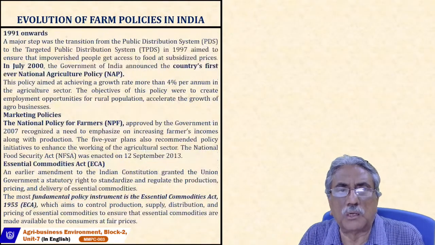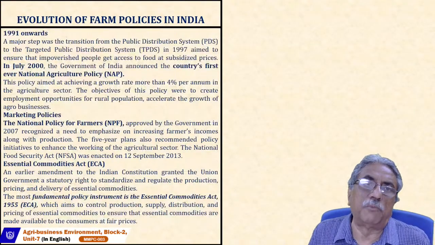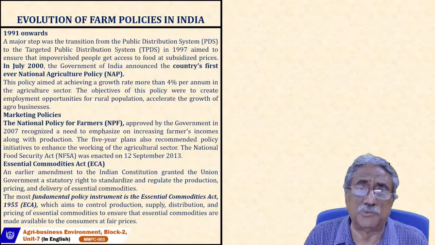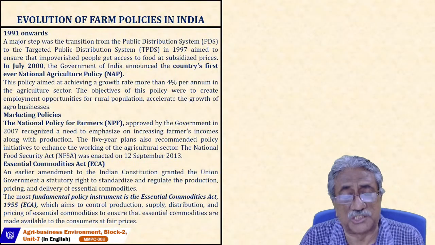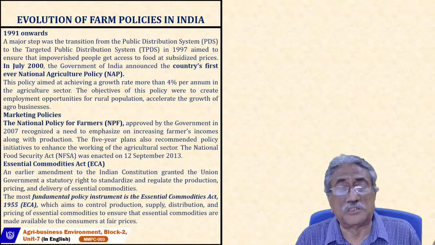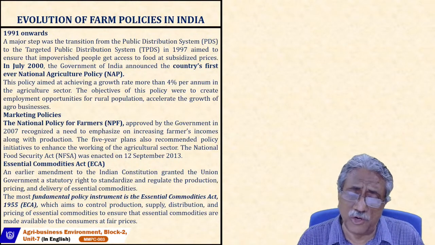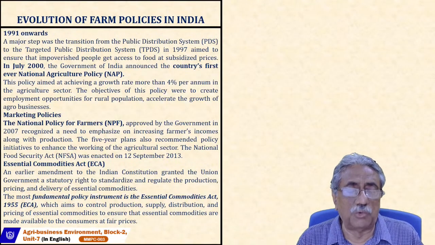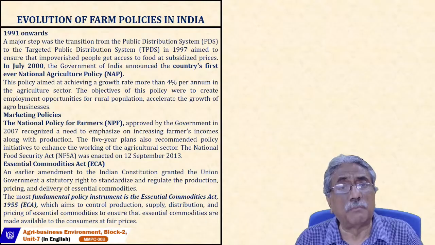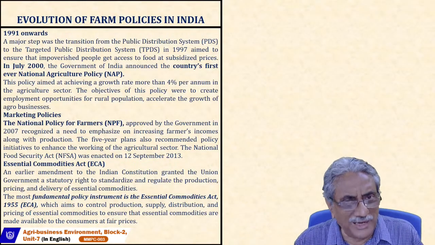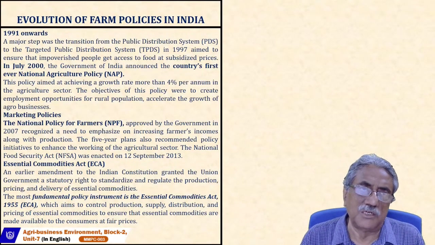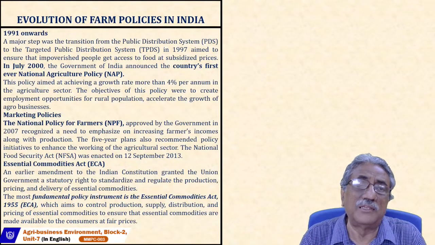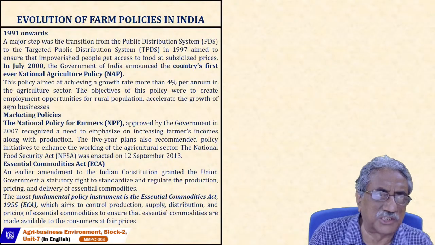1990, when Indian economy was opening up, globalization and other things, a major step was transition from public distribution system. I was just telling you, public distribution system, in urban areas, because they were not growing foods, but they were poor people. They needed cheap rice, dal, etc. So there was a public distribution system. So on the one hand, government was procuring from the farmers, storing into Food Corporation of India's godowns. And on the other hand, they were distributing it through the public distribution system.